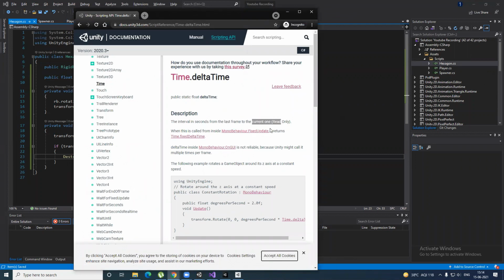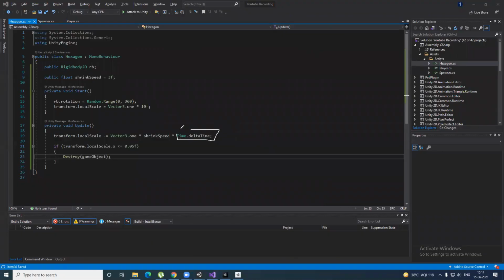So this helps you to smooth out your game very drastically, so that it is equal on all the PCs. Then if the shrink is way too small, like 0.05f, a minuscule size on the scaling, then we have to destroy the game object. So this is what is happening on the hexagon.